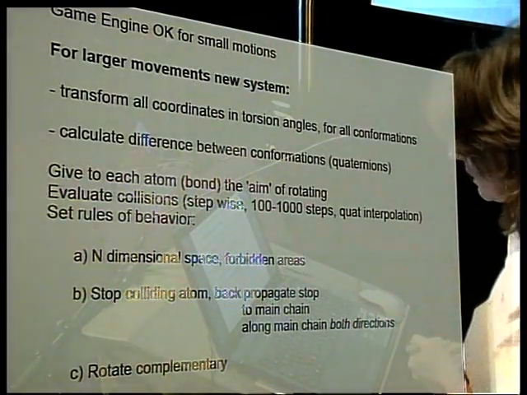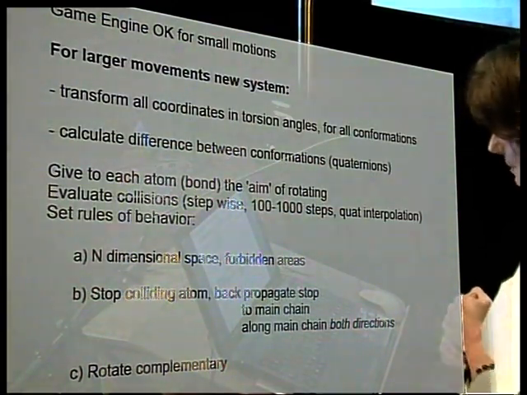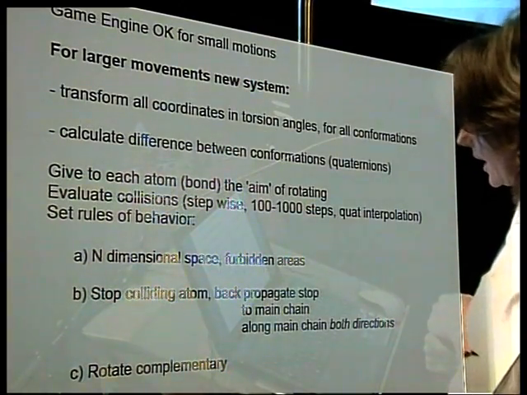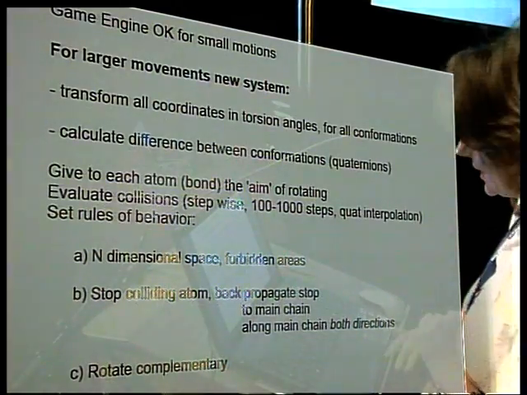So this is a work in progress, and we hope we can relate to you some better information next year. So much for the movement.